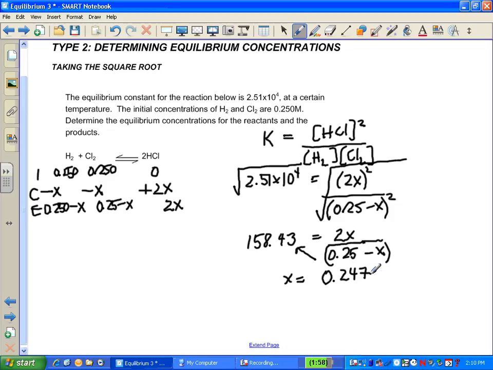Now that we know the x value, we can answer the question that was posed, which was to determine the equilibrium concentrations for the reactants and the products. We have in our ICE chart the equilibrium concentrations in terms of x. So what we need to do is simply sub in the value of x in each of these cases to determine the equilibrium concentrations. So the concentration of H2 is equal to the concentration of Cl2, which is equal to 0.25 minus x, which gives us